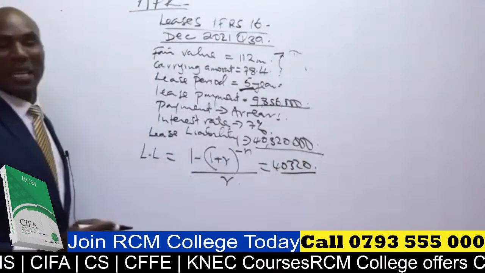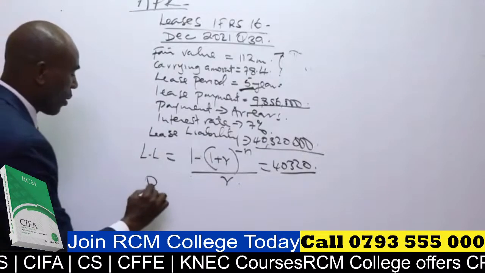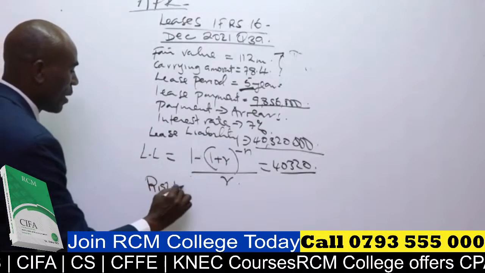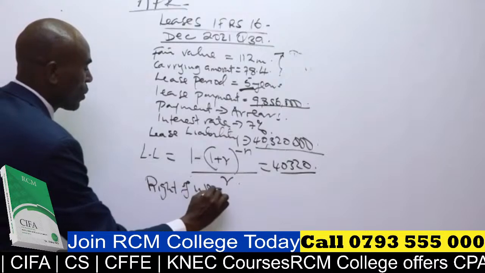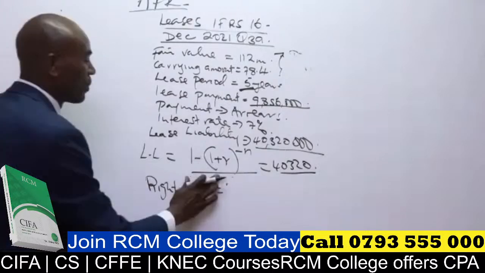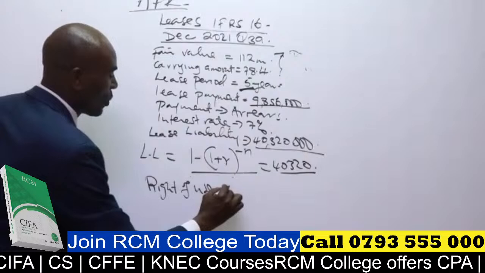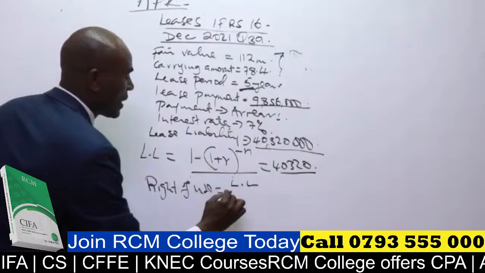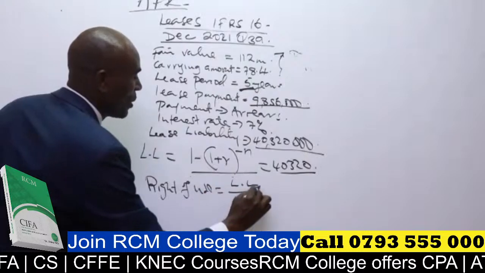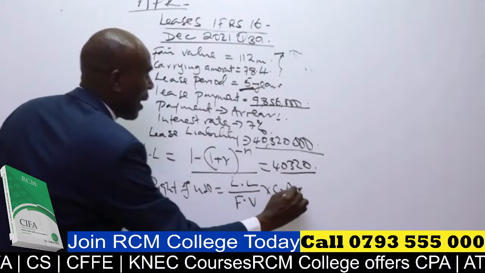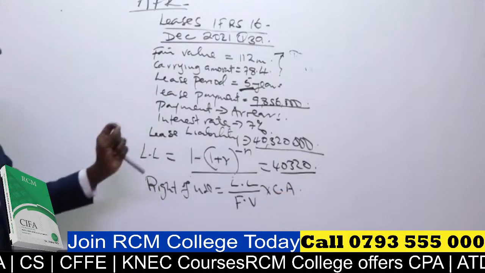Now we want to get the right of use. Right of use equals, we said, we are going to take the lease liability divided by fair value times the carrying amount. When you check in our notes, we say that the lease